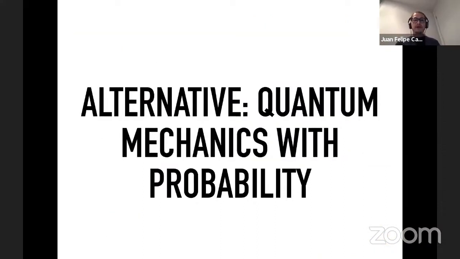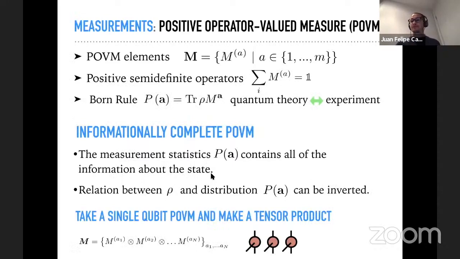Okay. So how to do that? We consider measurements, right? When you go to the lab, you prepare an experiment on a quantum device, you measure it, and then you start getting outcomes, like outcome A1, A2, and so on. But these outcomes come with a probability distribution, right? They come distributed according to some distribution, and this distribution is called PA. And the measurements that you apply on the system are described by operators MA. These operators have some properties. They're positive semi-definite, and they add up to the identity. Okay, so that's the idea that I'm going to exploit.